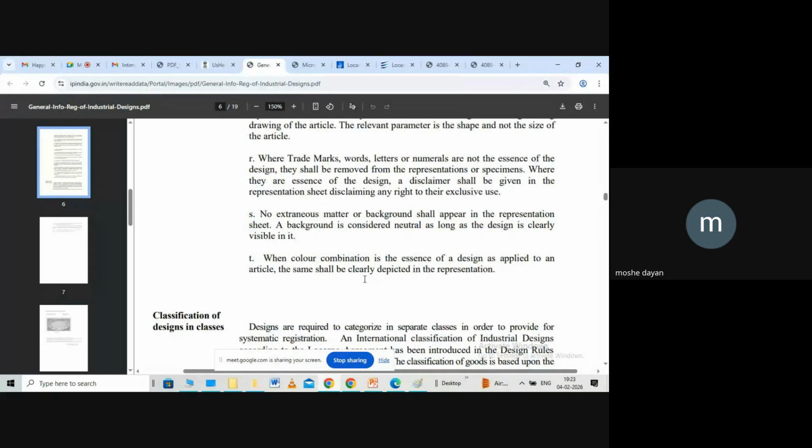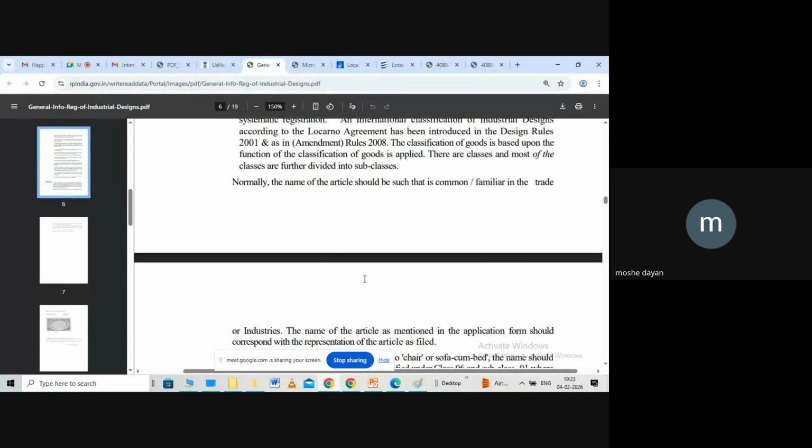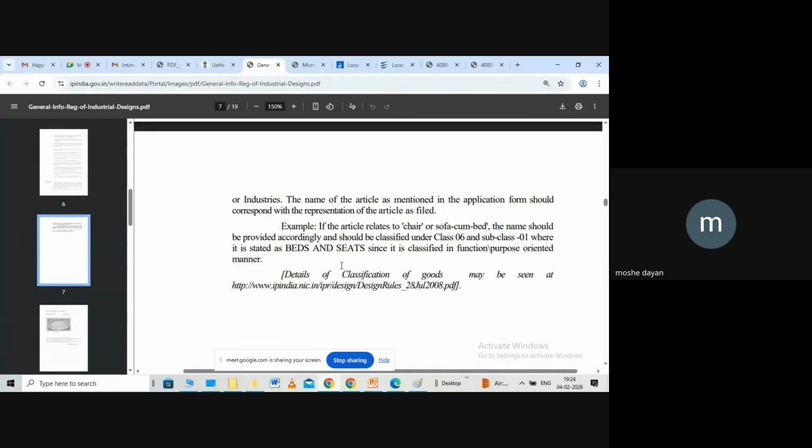Generally there are only 3 declarations, and then sign at the bottom. That's all with representations. Then form 1 again: the title, class, subclass, details of the applicant, a brief outline about the invention, and then address for communication and signature. That's all. And then a covering letter with 1,000 rupees as cash if you pay at the front office counter, or DD. You can send it.